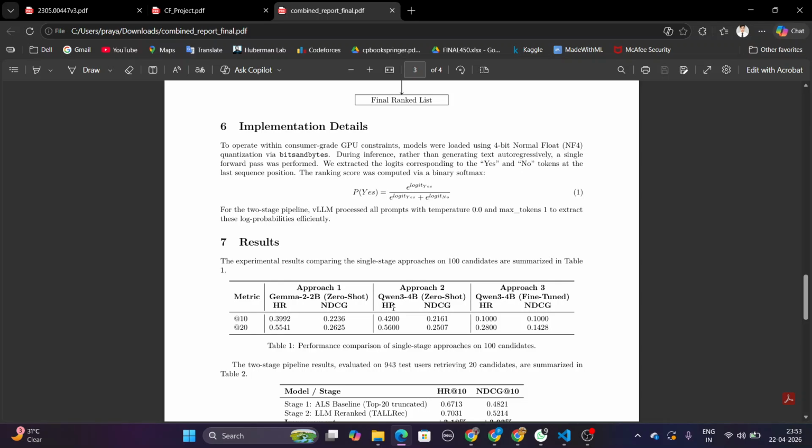When we used the Qwen model zero-shot, we achieved hit rates of 42% and 56% respectively, when we were testing with 10 users and 20 users. This is for the Qwen model, and the NDCG was 21% and 25%. And when we used the Gemma model for the same thing, we got these results as you can see.